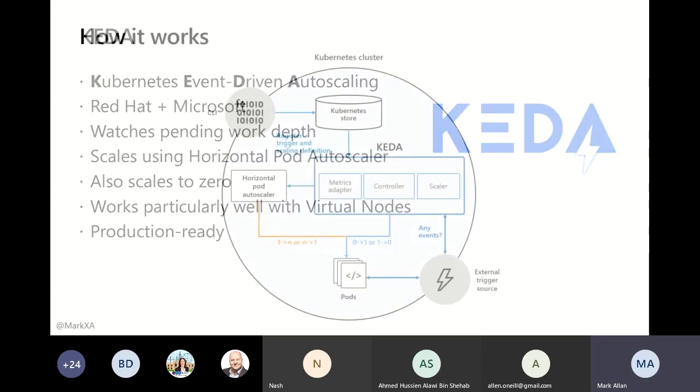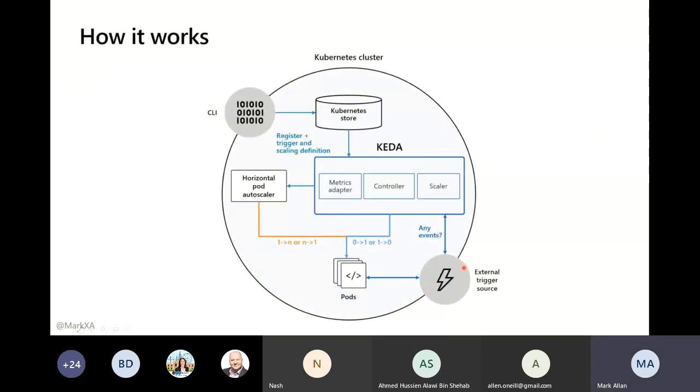And essentially, the way it works is you've got your work coming into a queue or whatever somewhere here. KEDA will watch that trigger. It will create a custom metric and feed that into the horizontal pod autoscaler. This bit up here is really just the bit where you feed into the CLI and say, okay, I want KEDA to run in my Kubernetes cluster, please.